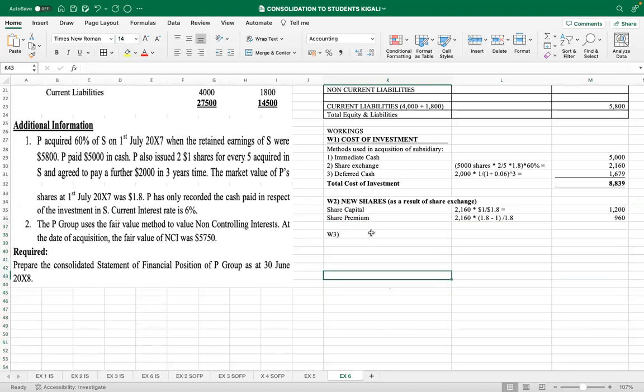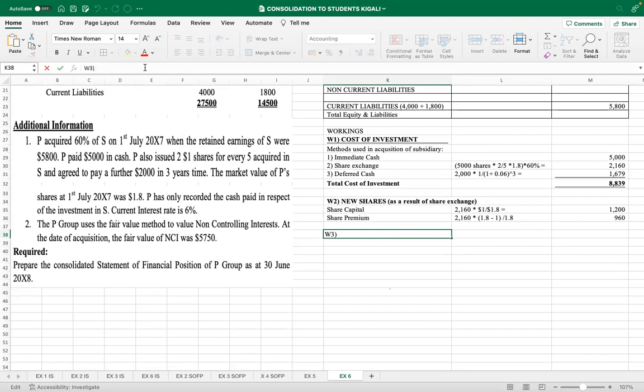We said as a result of deferred cash, it gives rise to a non-current liability. So we need to know the accrued